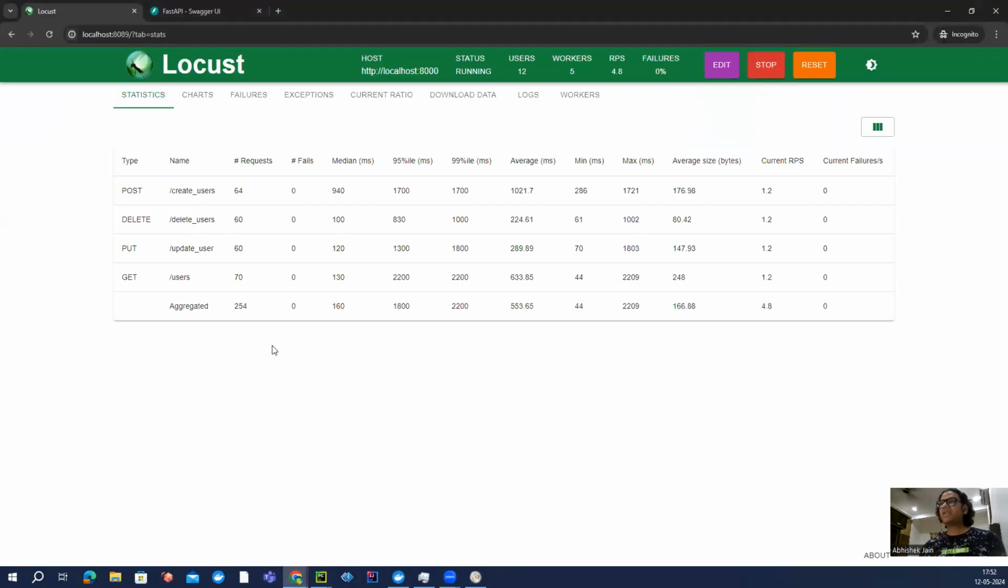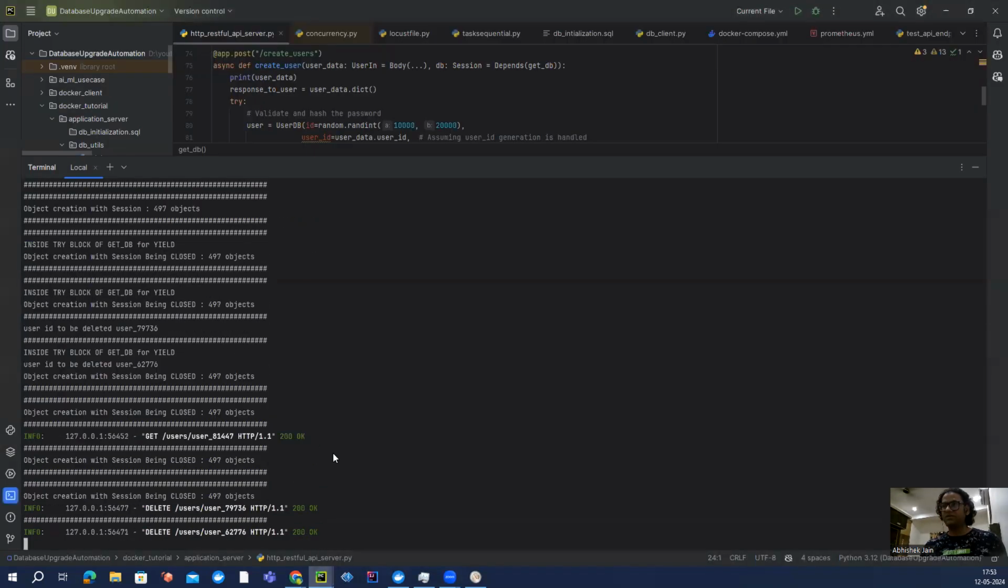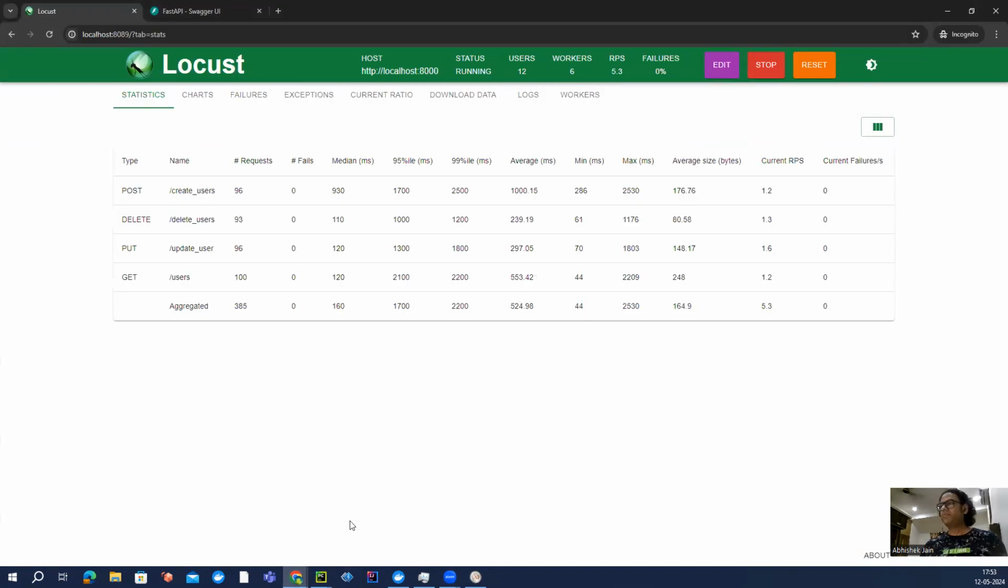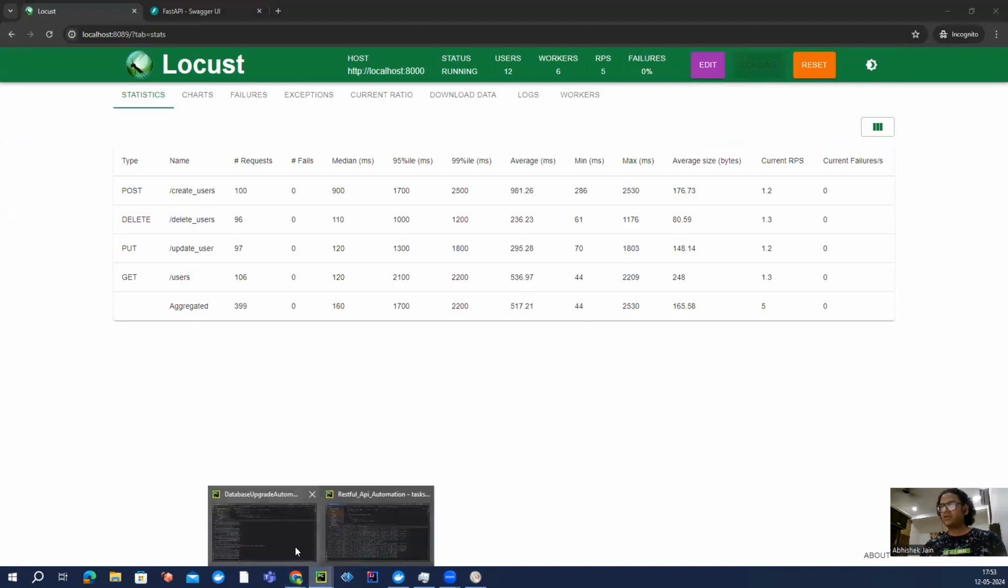So if we come back here, this looks good. We have 12 users now, 5 workers. I think this is the problem. We have to refresh this, otherwise it should have updated. This is something which Locust has to take care of. We should not worry about that. We are getting 4.9 RPS. Let's see my database. Everything looks good. Okay. So now do try to break this application